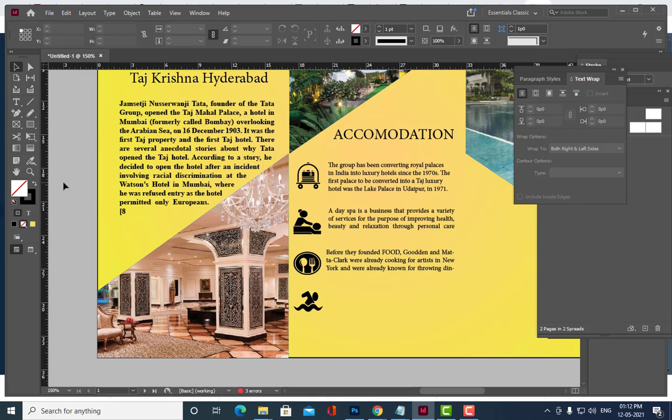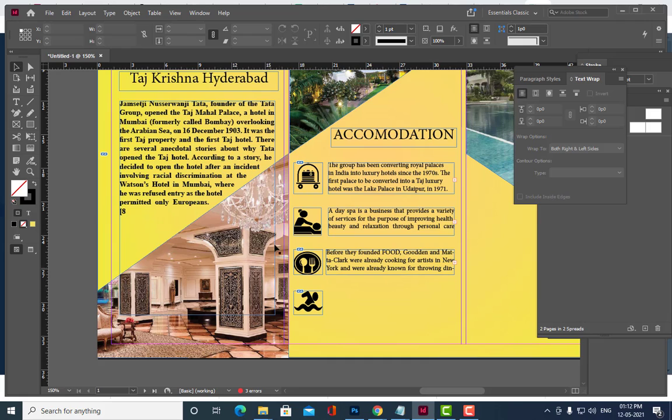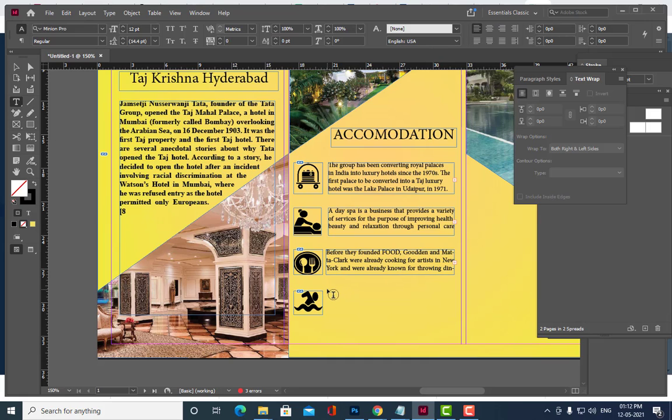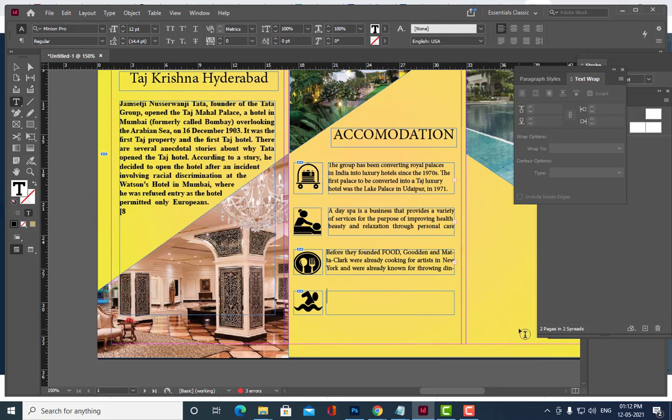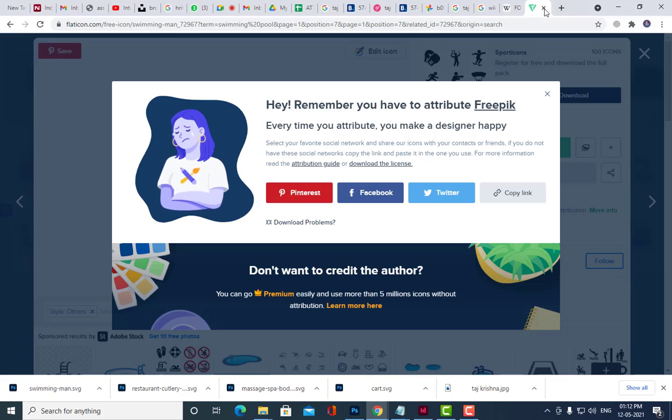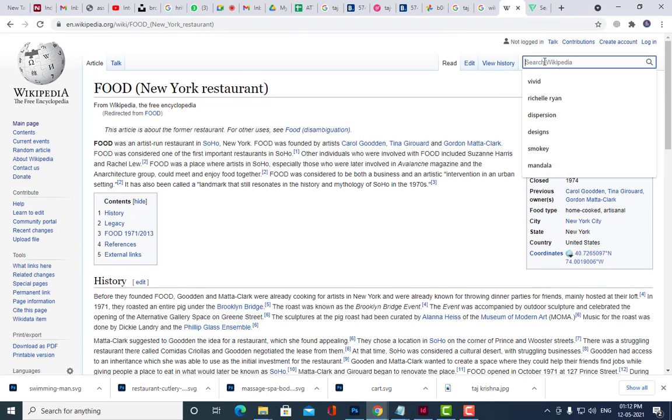Then last and final is we will put a text like this. And then here we will put the final text like swimming pool.